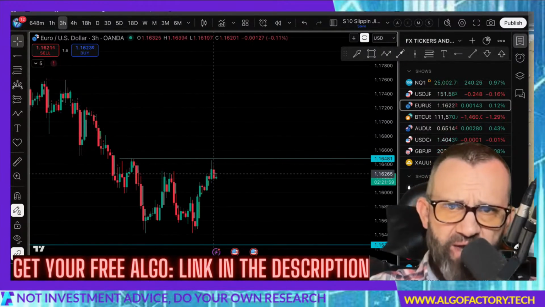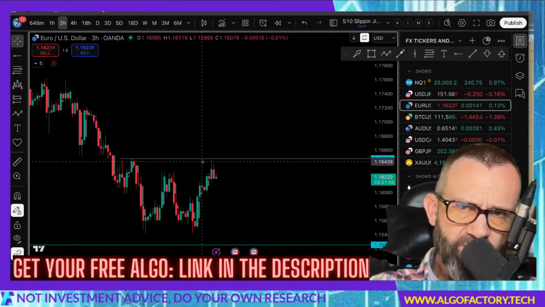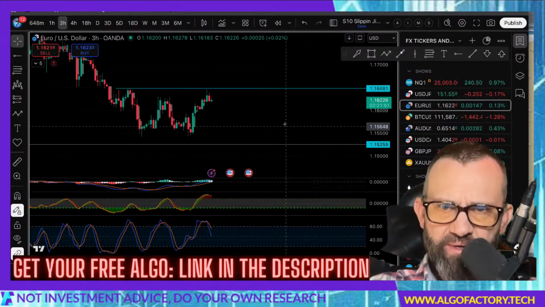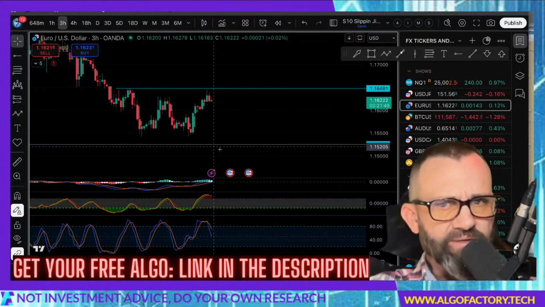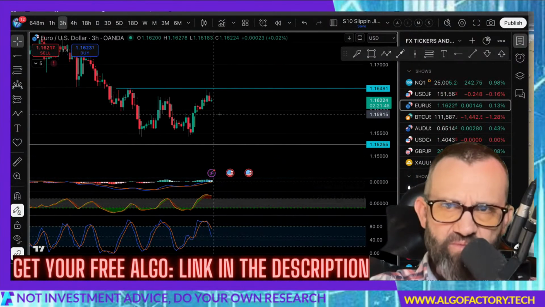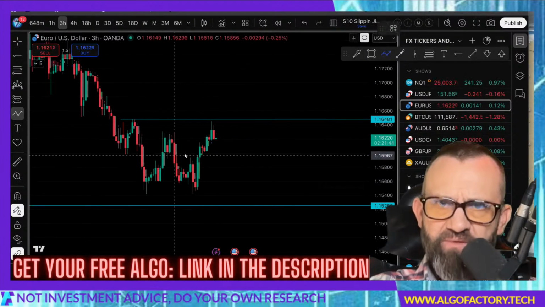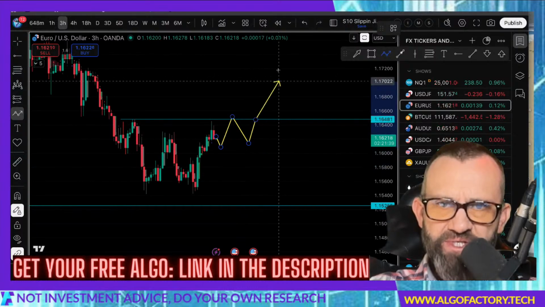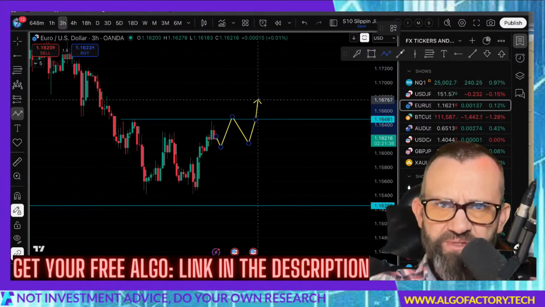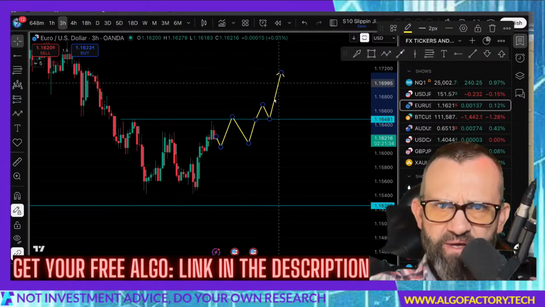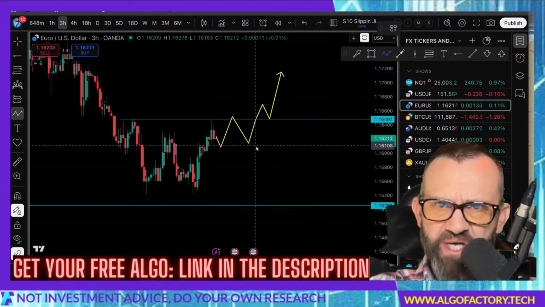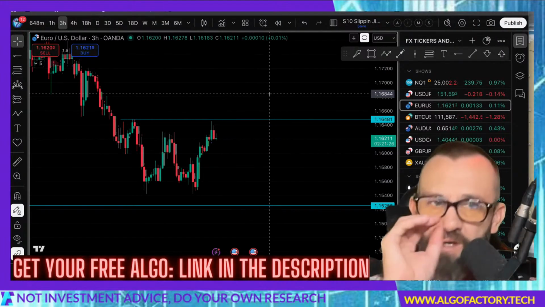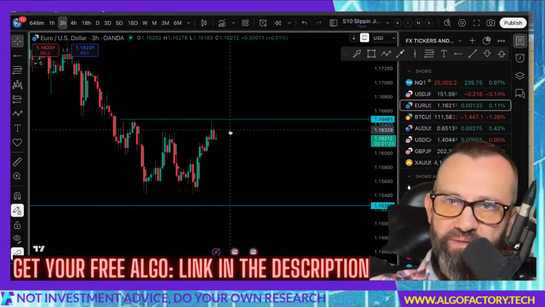So right now, it's kind of right below a resistance, so I wouldn't want to go long. I would want to go short if the algo's allowed. But I am seeing a little funkiness. I mean, it's still rather bullish. So if I were to kind of low time frame this, I think we'll see something like this, and then it's going to make a decision up or down, right? So if it breaks above here, then maybe a nice long. If it truly rejects to the downside, then maybe a nice short right there. So we're just going to have to wait and see on that, for anybody that is swing trading or doing anything on a little bit higher of a time frame.